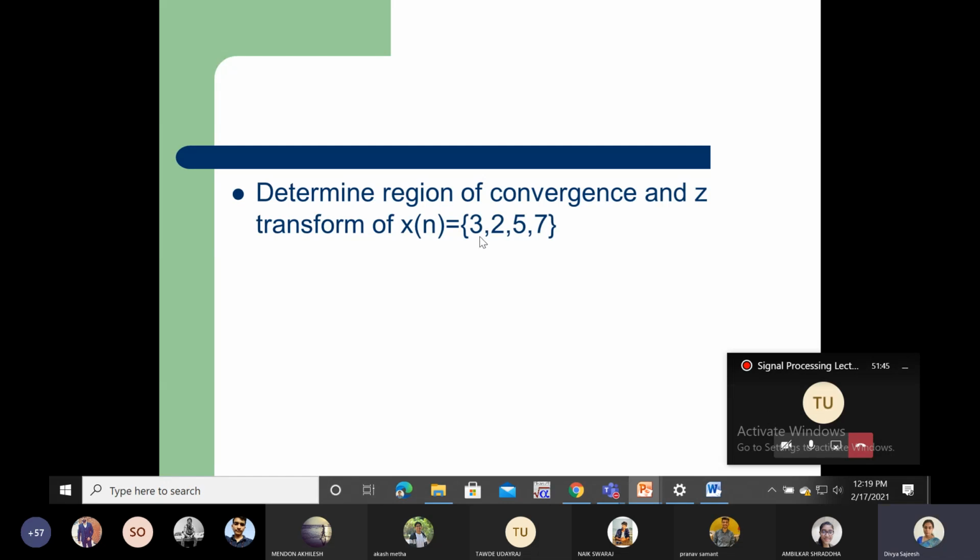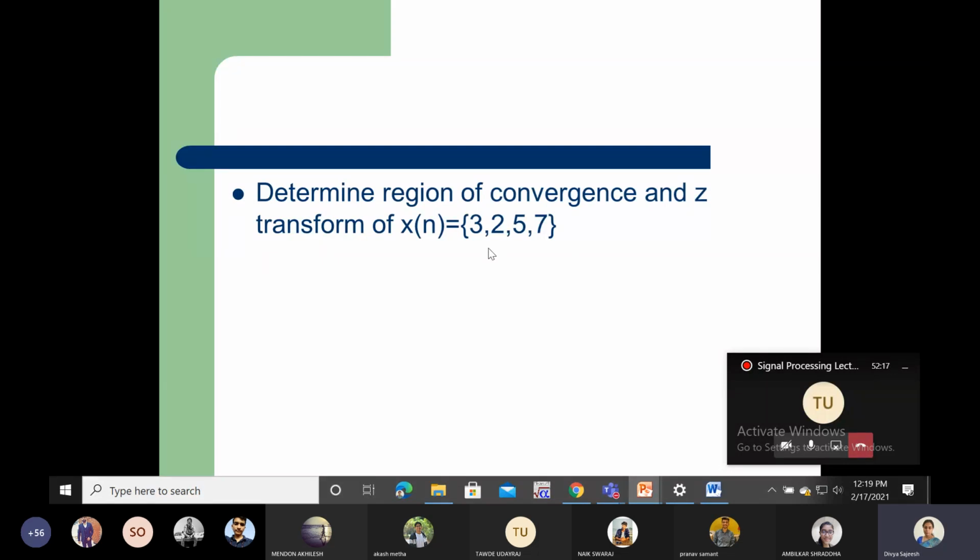If nothing is mentioned about the starting of the series, then the first signal should be taken as x of 0. So now can you tell what type of signal it is? Is it a left-sided signal, right-sided, or both? Right-sided signal. Right-sided, infinite or finite? Finite. So this is a category of finite right-sided signal or finite causal signal.